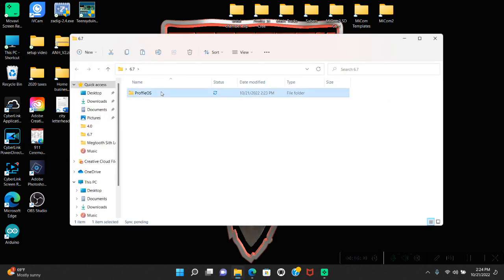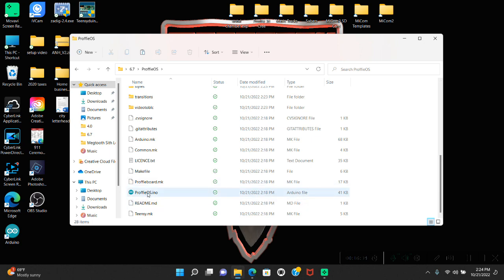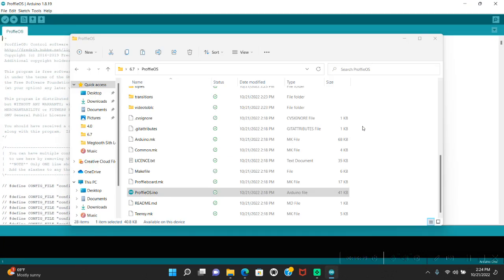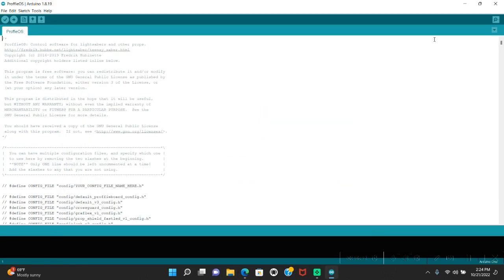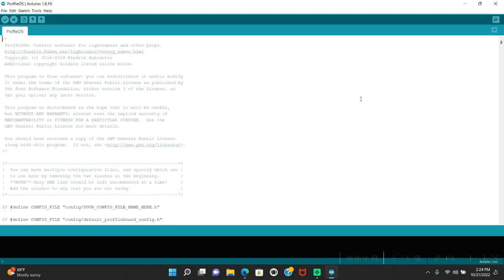Let's go ahead and open this. You have all your folders in there, and then you have the ProffieOS.ino, and that basically opens Arduino, but with the ProffieOS sketch already in it. Oop, I had it. There we go. I was zooming in and out there. Still figuring out this computer, y'all. But now Arduino is open from within the ProffieOS folder, and this is OS 6.7 that's opened up. When you open your ProffieOS folder and you see that ProffieOS.ino,